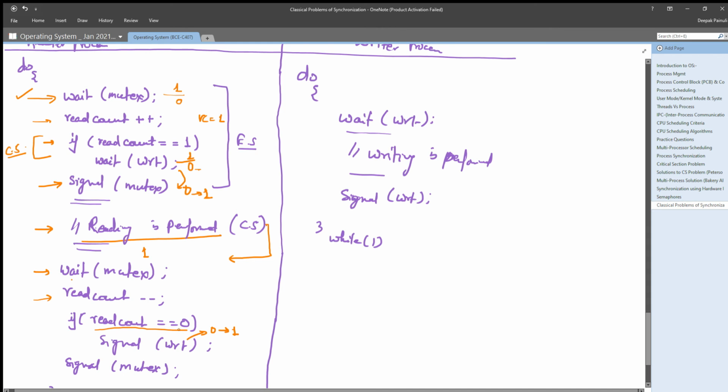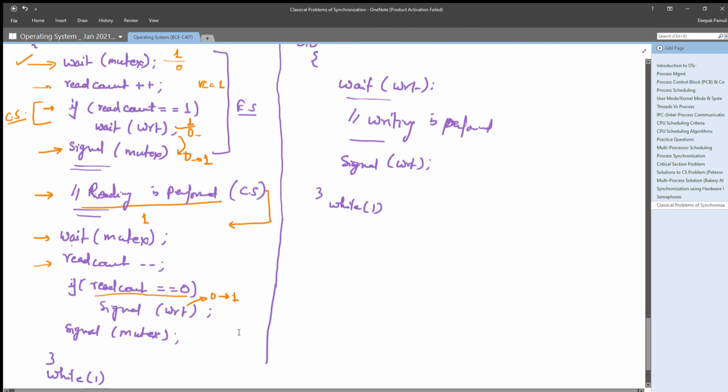So that means it has to update WRT, which was changed by itself in the entry section, right? So it will just update the value of WRT so that another reader or writer can perform any operation on this particular shared object, right?